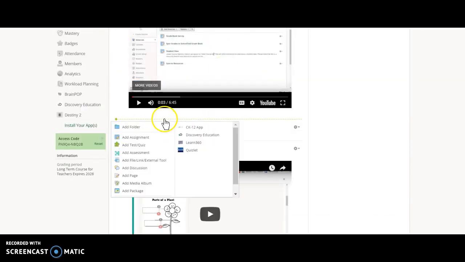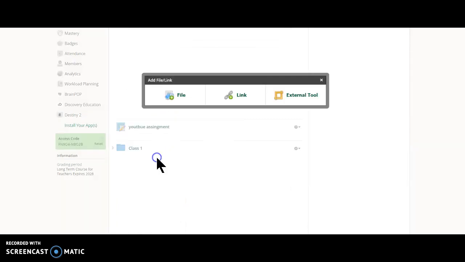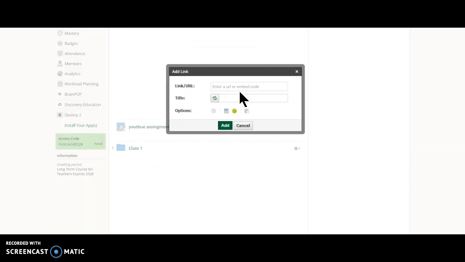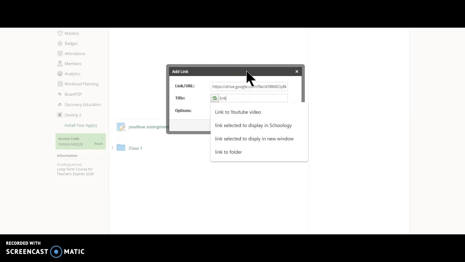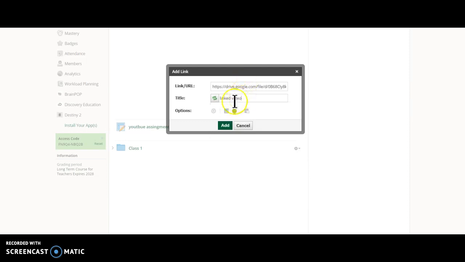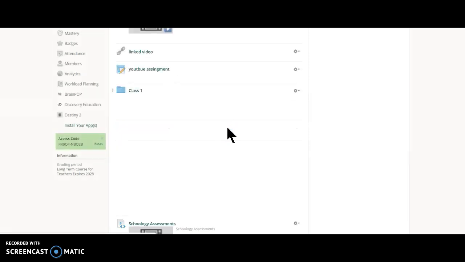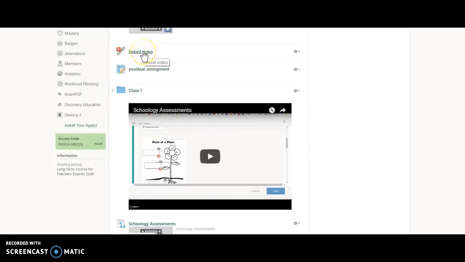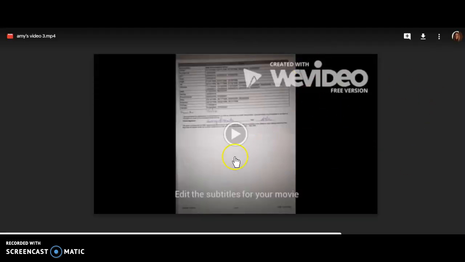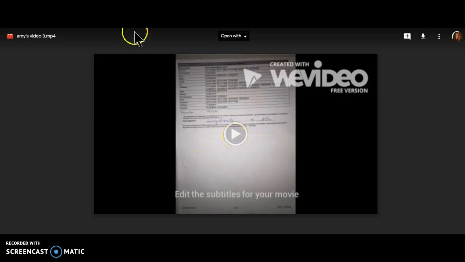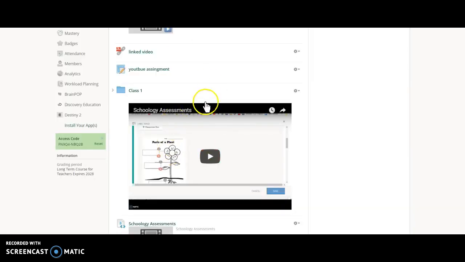Now remember, if you're doing a direct link like this, it's going to open in Google. So I'm just going to call this linked video just so you can see it. When I do a link, I always uncheck display in Schoology and click add. And now when the student clicks a linked video, it automatically takes them directly to my Google Drive where they can view the video. If you don't want them to leave your Schoology page though, let's delete that so it's not